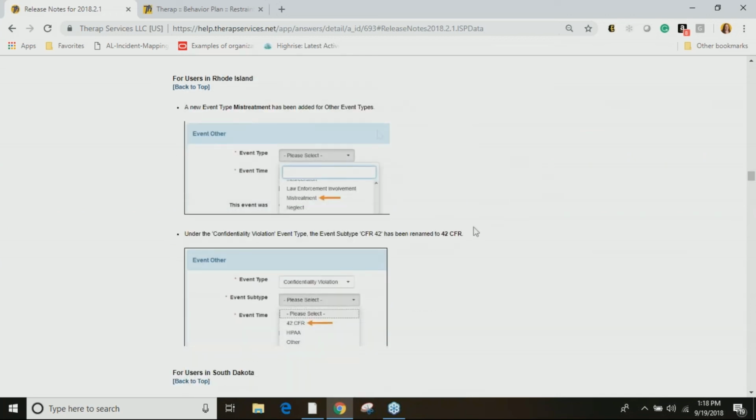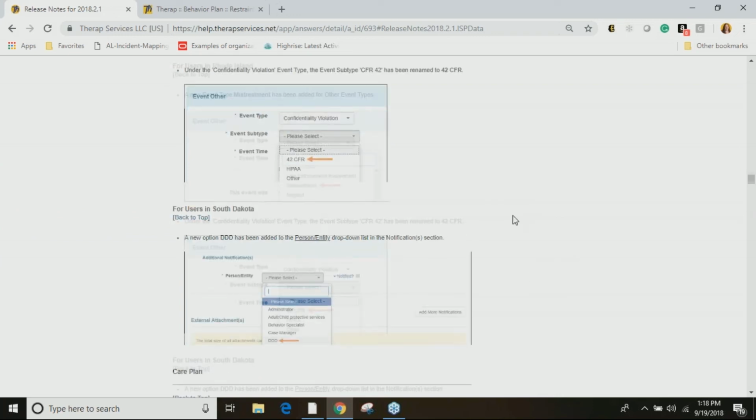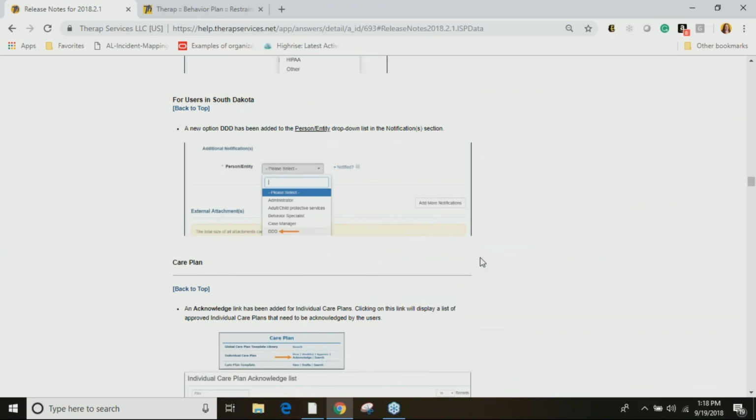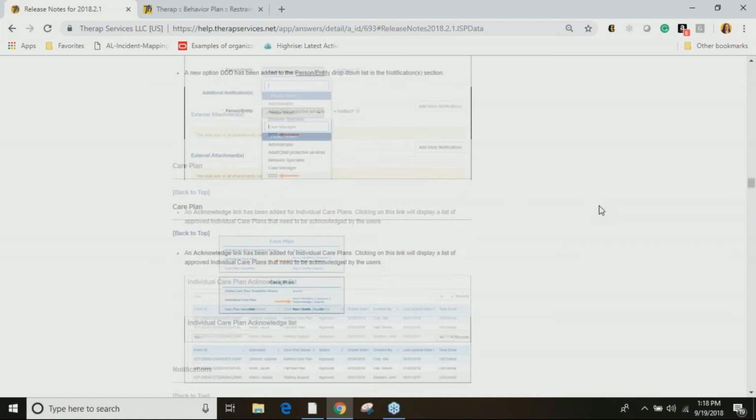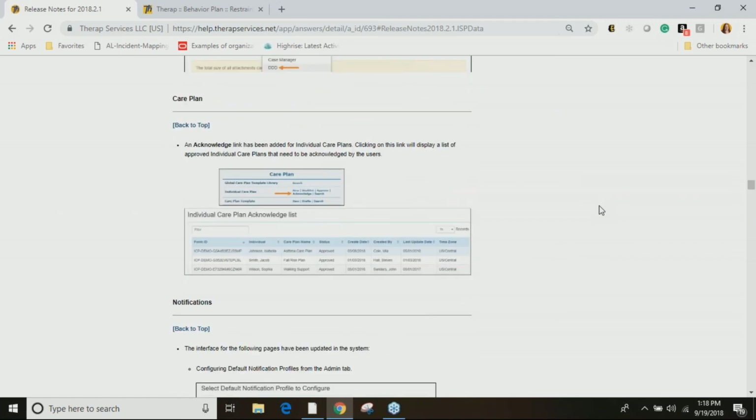And then Rhode Island, under mistreatment, we added mistreatment, and we also added the CFR 42 under confidentiality violation. Again, if you're in these specific states, you probably know exactly what these options are. And South Dakota, we added a new notification type for DDD. Okay, so those are the GER state changes that you'll see depending on where you're at.